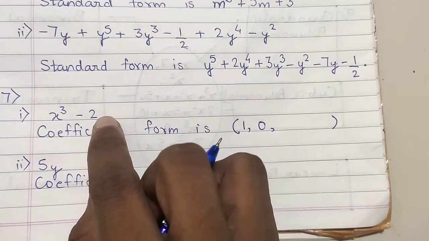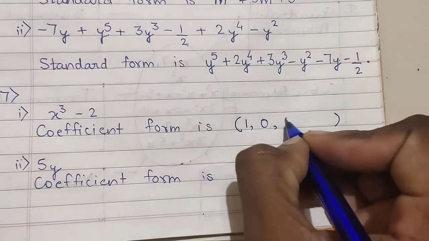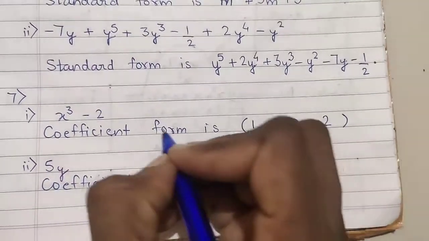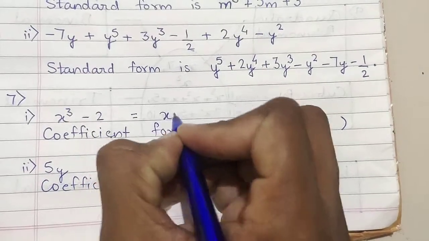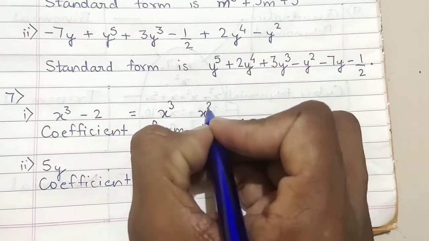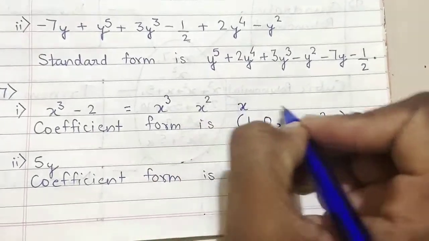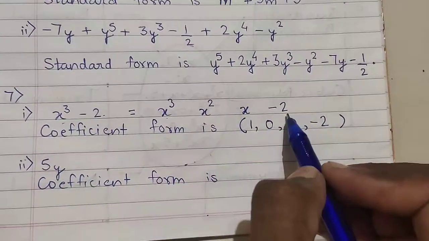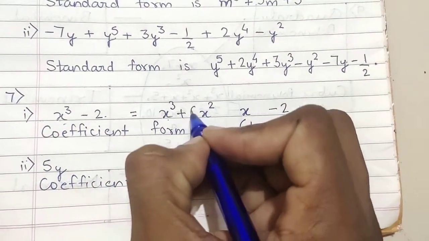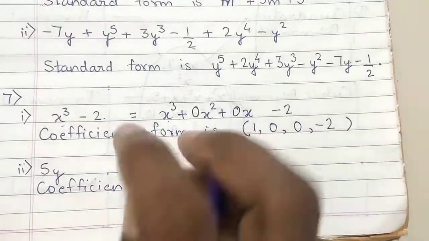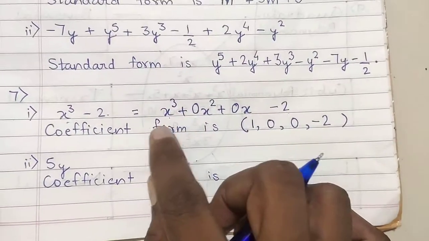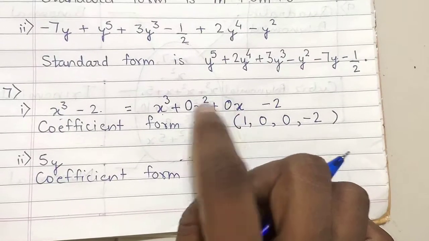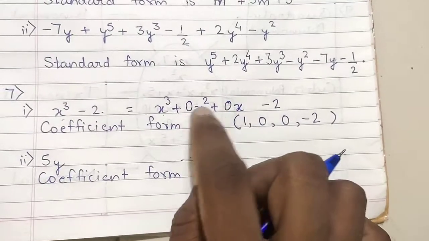And after x square you are going to have x, and x is also not there, so again 0, and then last one is your number. Okay, if you want I can write it for you. See, after x square there should be x, and then your number comes. Since in this case your x cube and minus 2 are present, that means other variables should be 0. If you want, you can write this for your understanding. Remember, those variables which are not present, that variable coefficient should be 0. So that is why I have written 0 here.